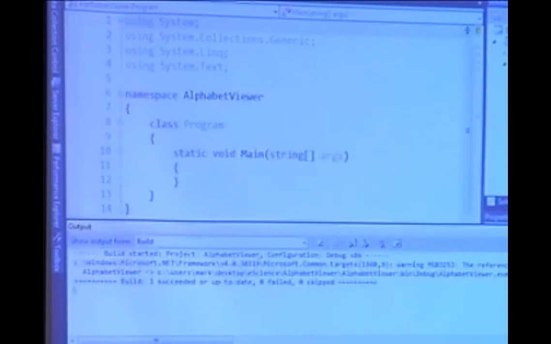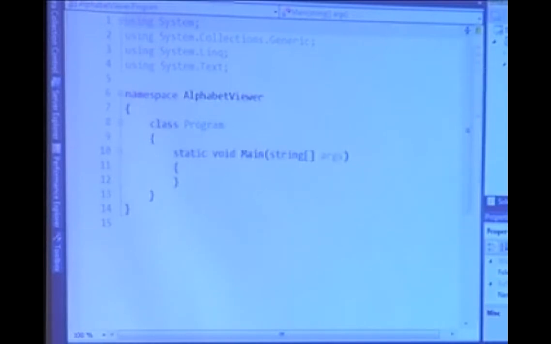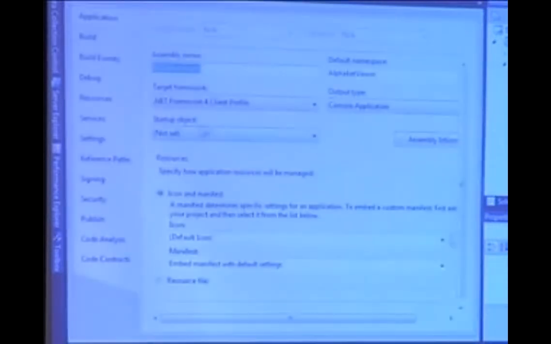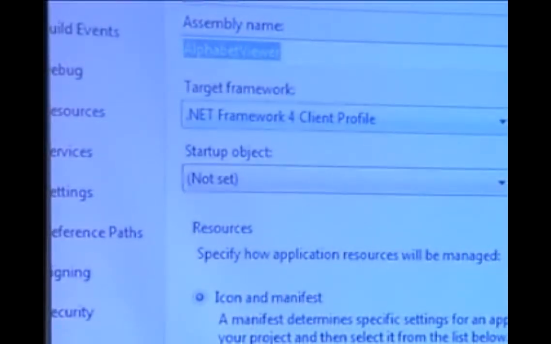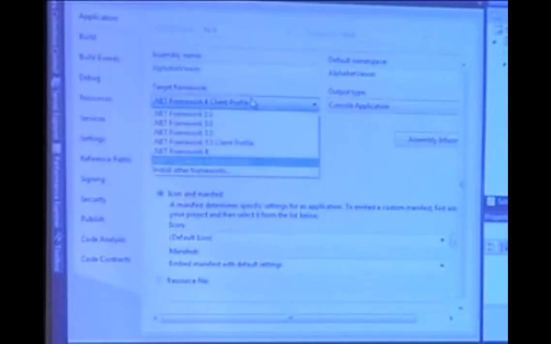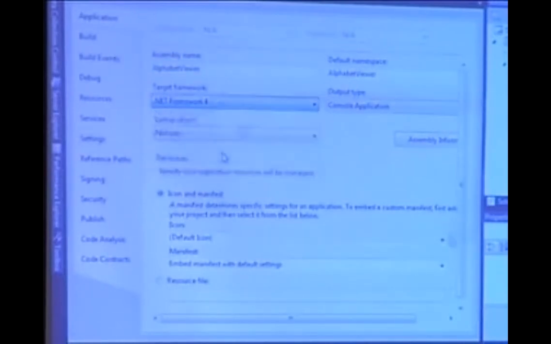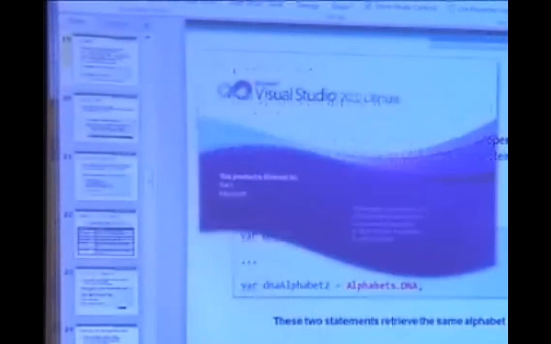The way that we do that is we go here to Properties, and just double-click. And notice my target framework listed here. It says .NET Framework 4 Client Profile. I just want to pull that down and change it to be .NET Framework 4. It'll say, are you sure you want to change it? I say yes. It'll reload the application itself, unless, of course, it decides not to, in which case you have to just restart Visual Studio. But most of the time, it will reload the application.